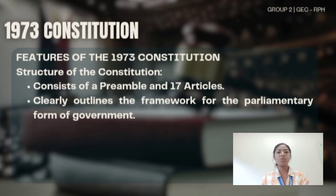So let's proceed to the structure of the Constitution. Let's look at the structure of the 1973 Constitution. It is composed of a preamble and 17 articles, each outlining specific areas of governance and national policy. One of its most notable features is the framework it created for a parliamentary form of government, a major shift from the presidential system under the